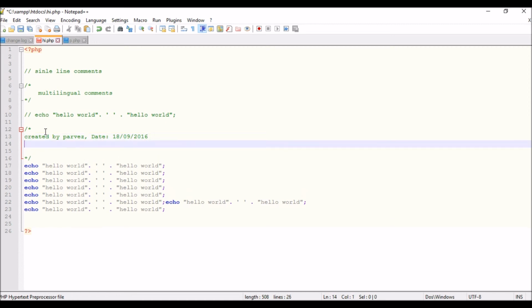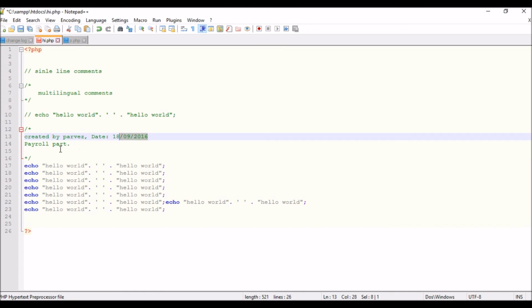I can also write what the function of this module is. Let's say the module is the payroll part of a bank. So this module is created by me, that is Parvez, on 18 September, and the module is payroll.